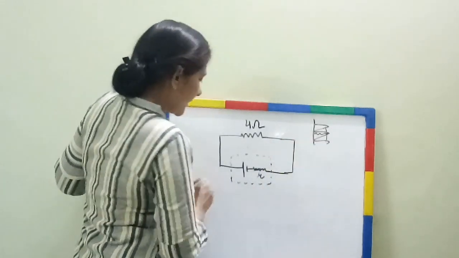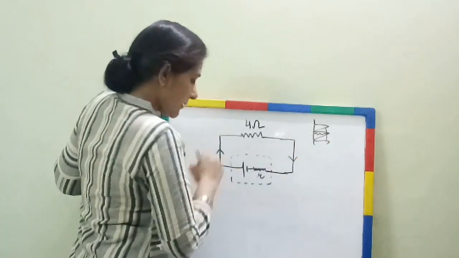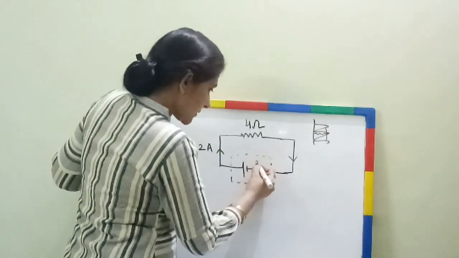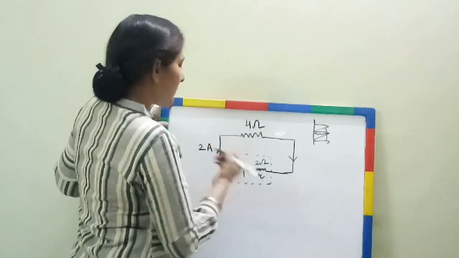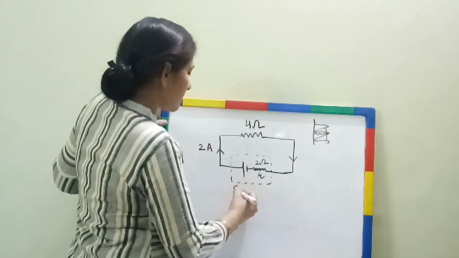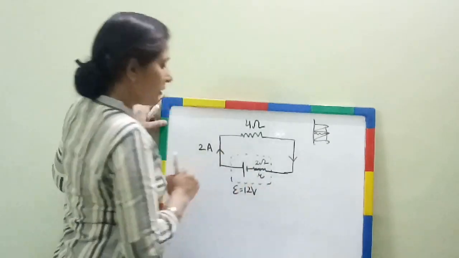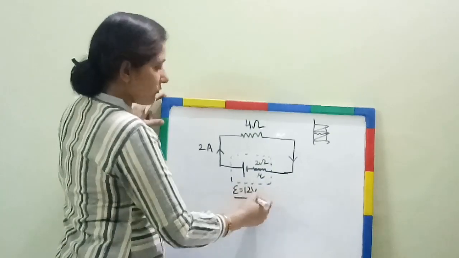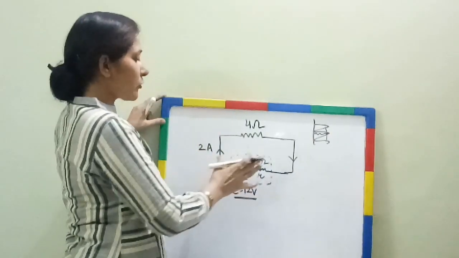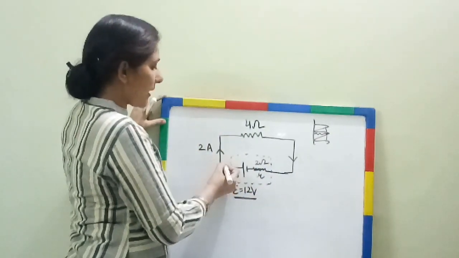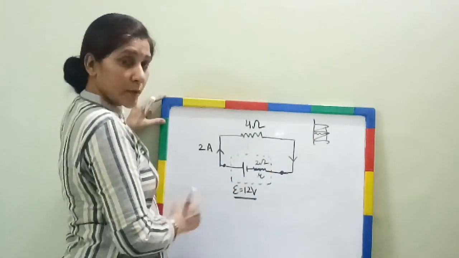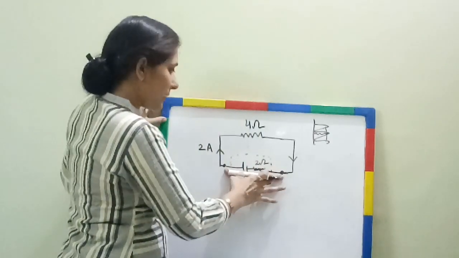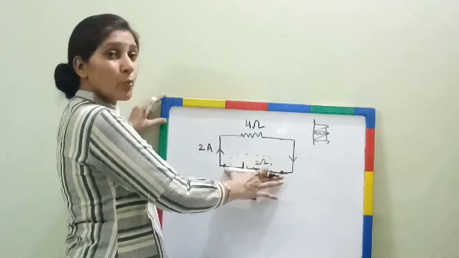Okay, now when the circuit is complete, current will start flowing. Say the current of 2 ampere will flow through this, and the value of this is also 2 ohm, and suppose the EMF of the battery is say 12 volt, right? Now when we are talking about this, EMF is 12 volt, okay, but when we are talking about terminals of the cell, terminals यहाँ होगा और यहाँ होगा. Okay, this is internal resistance, वो उसके अंदर included है. So terminal ये होगा.